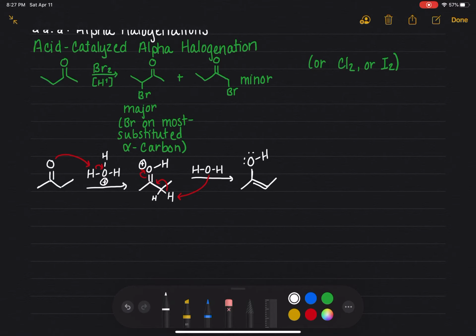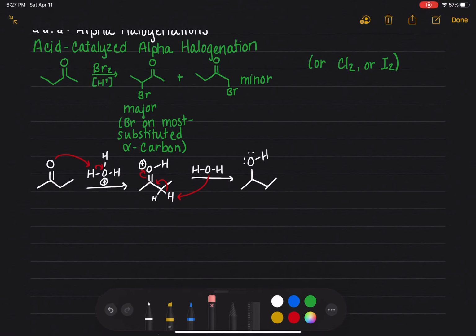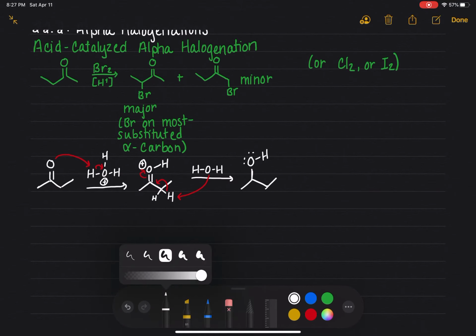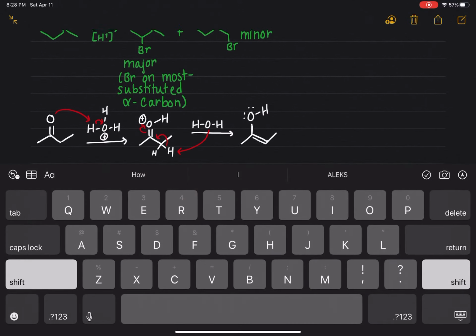This, what we've made right here, is the reason why it shows preference for the most substituted carbon. If it was pulling from the other side of the molecule, you'd be making a less substituted, less favorable alkene. It still happens, it's just not the major product. So we've got this guy, which is an enol,